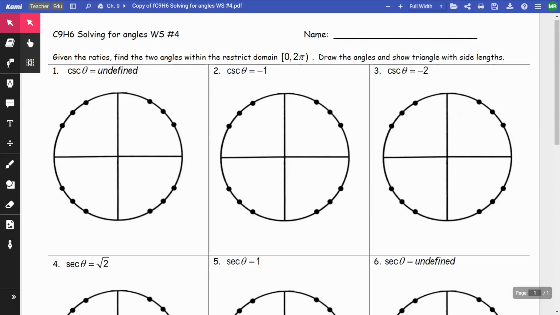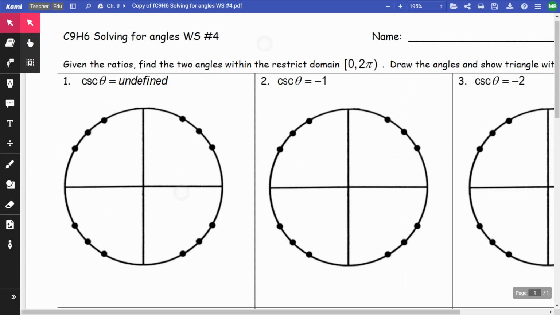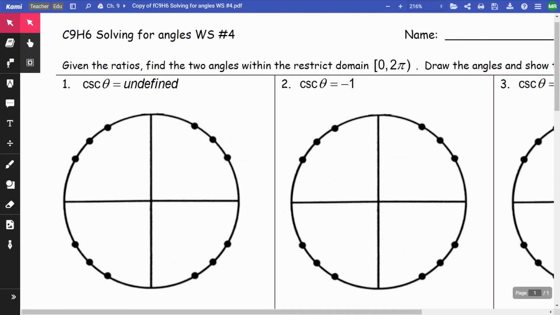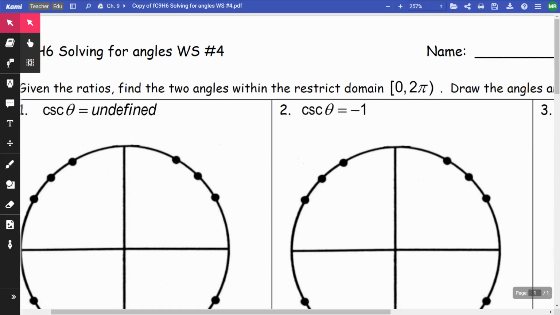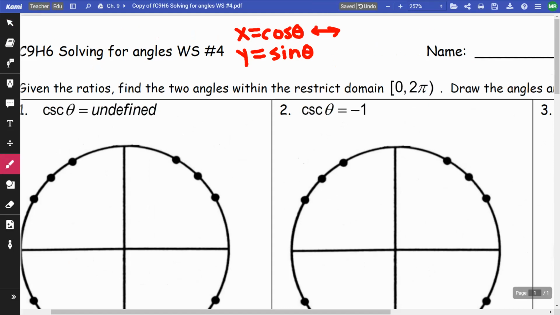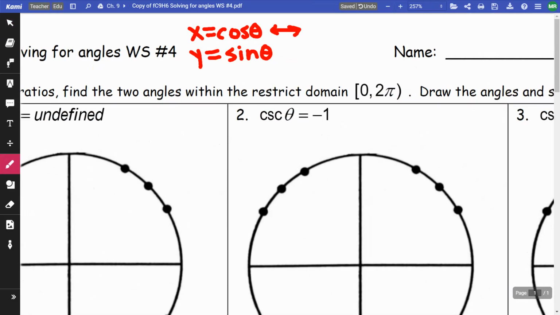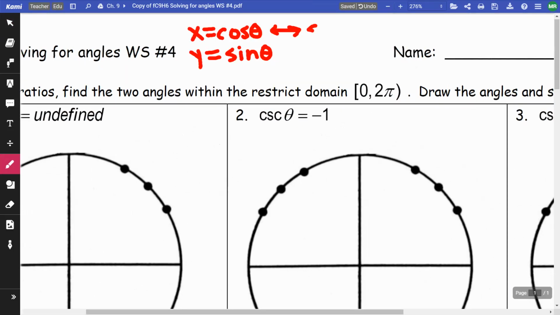So this video is for the chapter 9 homework 6, which is the angle worksheet number 4. A couple quick notes at the very top here. Just a little reminder that x is equal to the cosine of your angle. Y is equal to the sine of your angle, which means that the reciprocal of cosine, which is your secant,